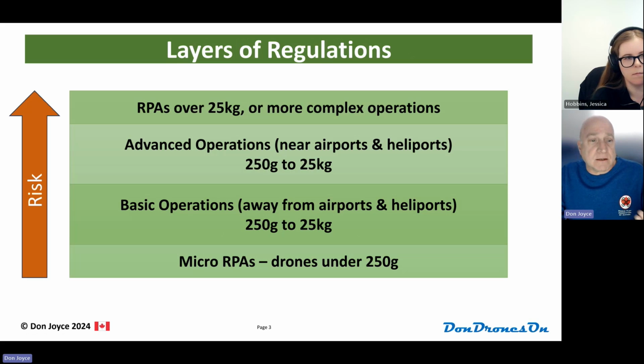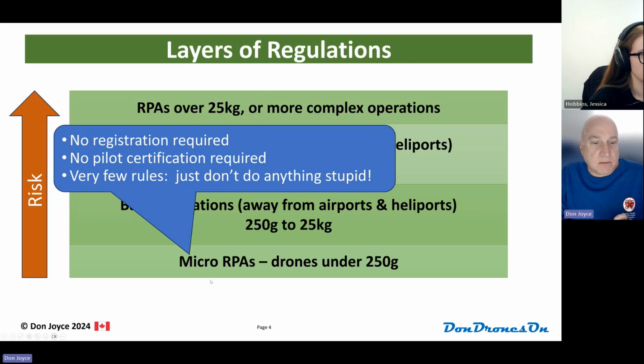The next more complex and riskier type of operation is called an advanced operation. In this case, instead of being away from an airport, you're actually relatively near an airport. You're not flying in front of the control tower, but you might be a kilometer away, that kind of thing. So advanced operations are near airports and heliports, typically in controlled airspace, and they can be closer to people. And then for more complex operations and for any drone that's over 25 kilograms, there's a separate class of operations up here. So if we walk through those, just going back to the bottom, the micro drones,